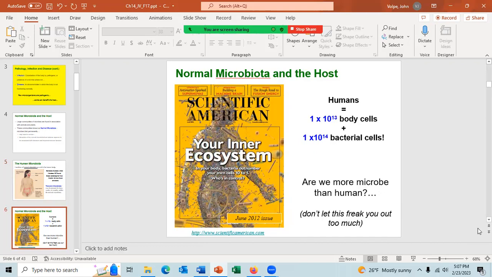What you can do to get rid of it will be very difficult, so I'm not going to even attempt to do that. When we're talking about the normal microbiota and its relationship with the host, you should realize that